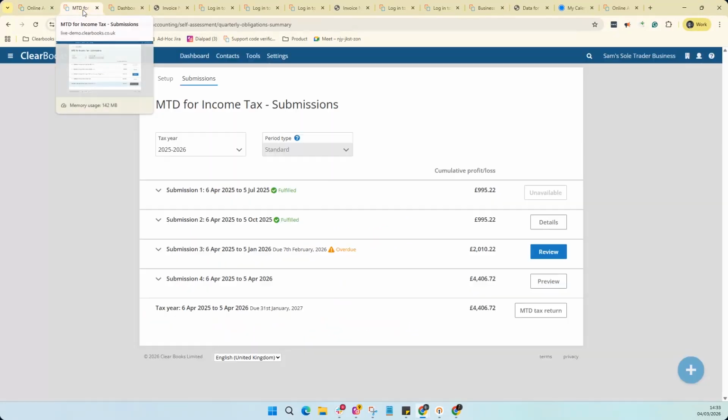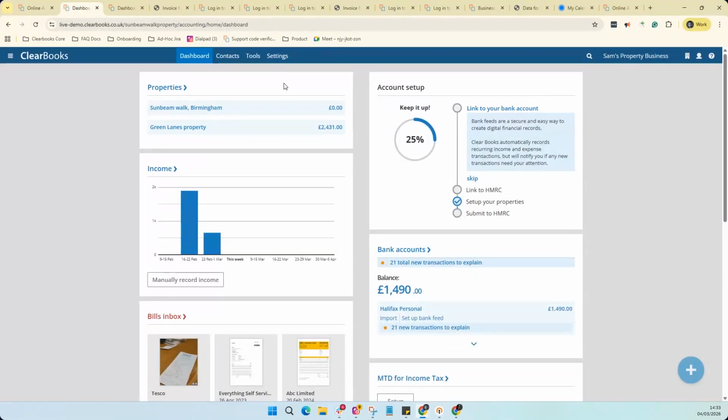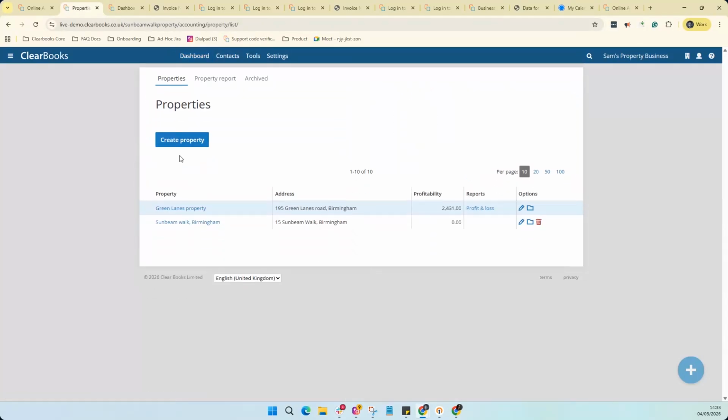So let's go back to the dashboard again. The dashboard for properties should look like this. Basically, you would be starting to add your properties by clicking onto the property tab. I already have 2 properties listed there, and you can see it's showing the profit and loss reports, incomes, and stuff like that. In case you need to add more properties, you can use the create property tool here,